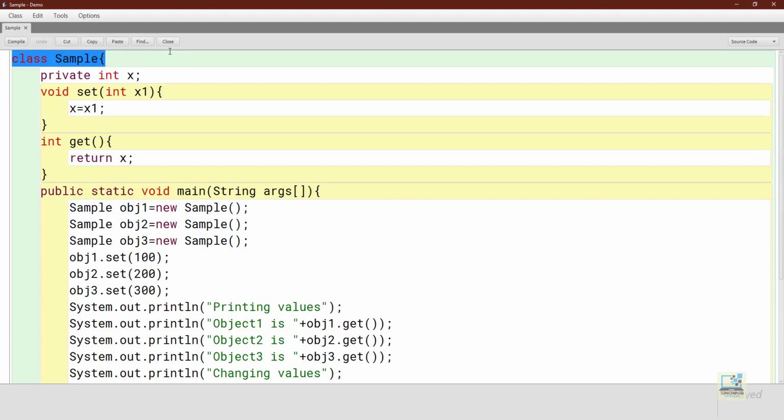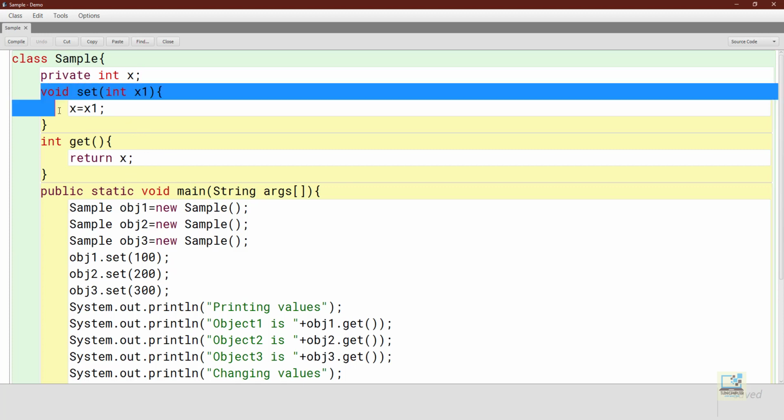So here I have the class sample. In this class I have declared one instance variable which I have created using the access specifier private. I use the access specifier private with the data members so that the data cannot be accessed directly from outside the class. It implements encapsulation and data abstraction. You can have the class without using any access specifier also, that will work.